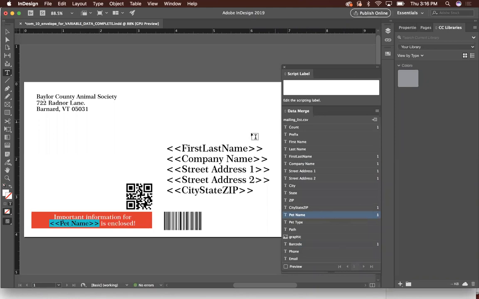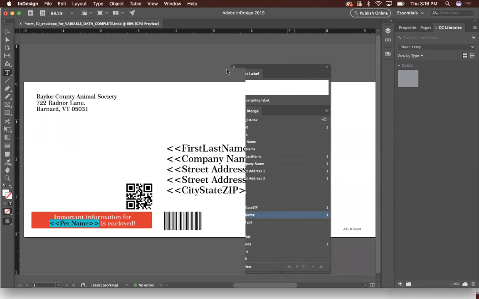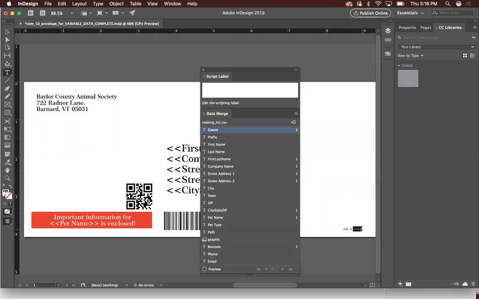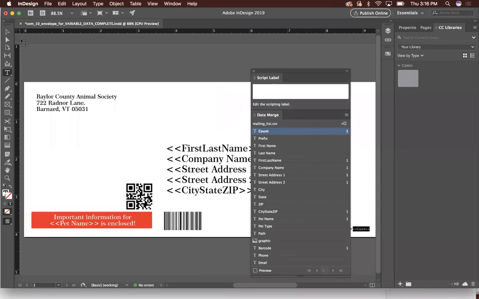Pet name. I'm going to do the countdown here, and that is count. And finally, I will select the empty rectangular frame, and I will click on graphic. So it turns from an invisible frame to a dashed cyan or light blue outline, which indicates that it's now receiving the dynamic